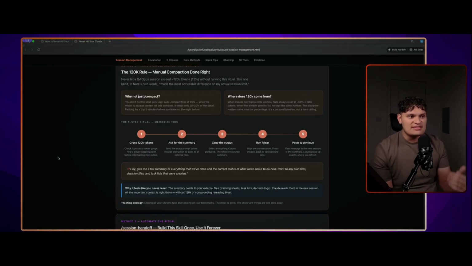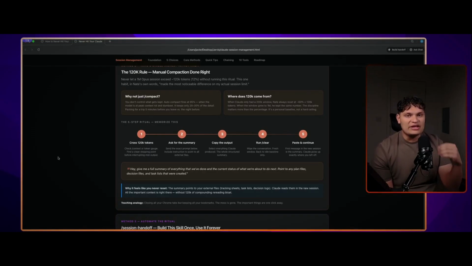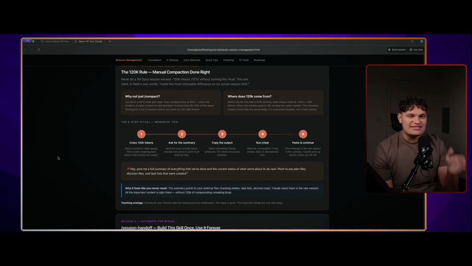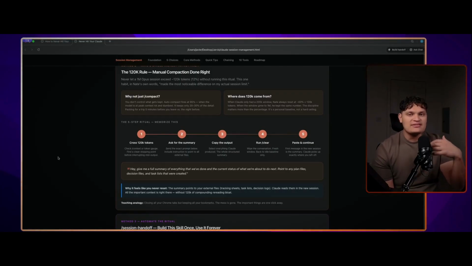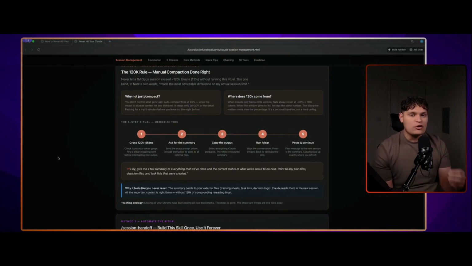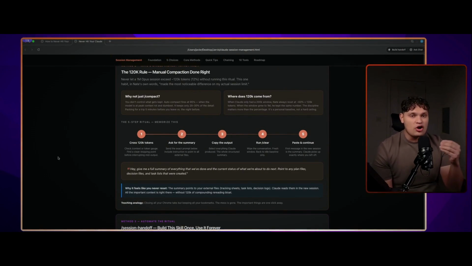When it gives you that summary, you copy that output to either a new session, or in the same session, do /clear, and it starts a new slate. And then you just go ahead and paste and continue. It's as easy as that. You just have to monitor your input. So continuously always run /context to get the amount of tokens you're actually using.